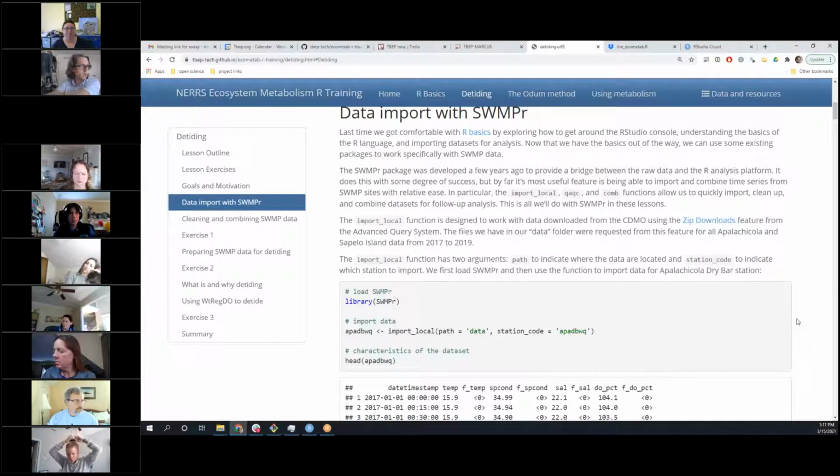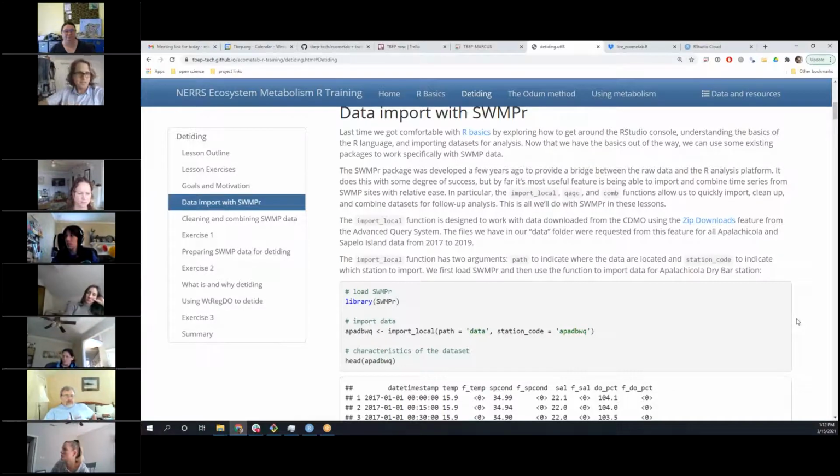There's one that's going to look at swamper storms or something like that. I think this is all new stuff that's being actively developed. But what's cool is that this swamper package was the foundation for these other things moving forward. When we first developed swamper, it was meant to be a tool to facilitate ingestion of data into R so you can answer very general questions about what's going on at my site or my reserve. And it does that with some level of success, but I think the more